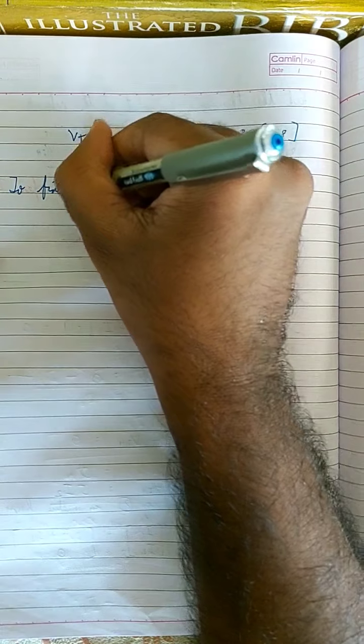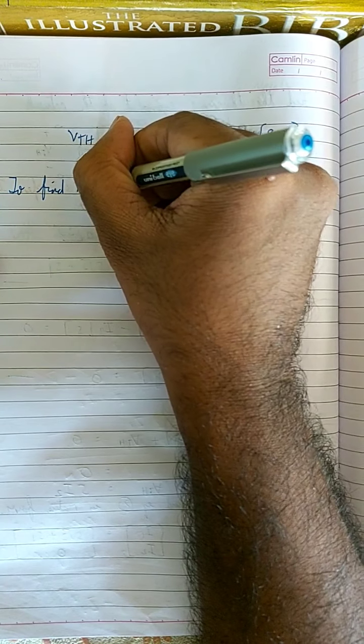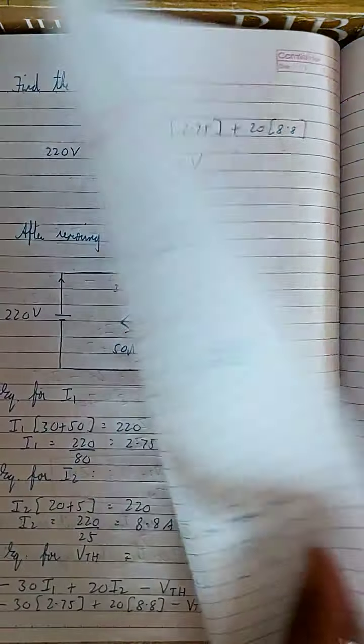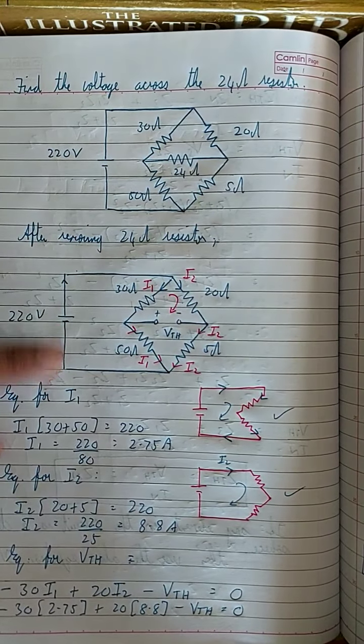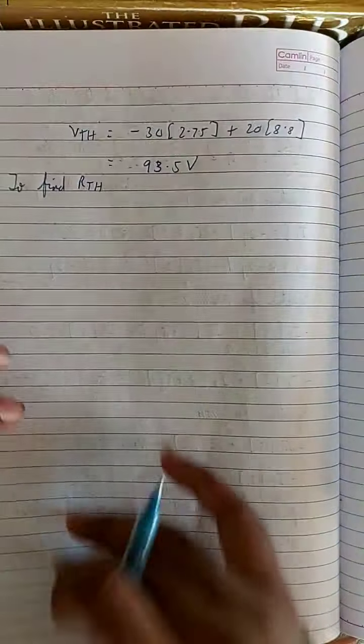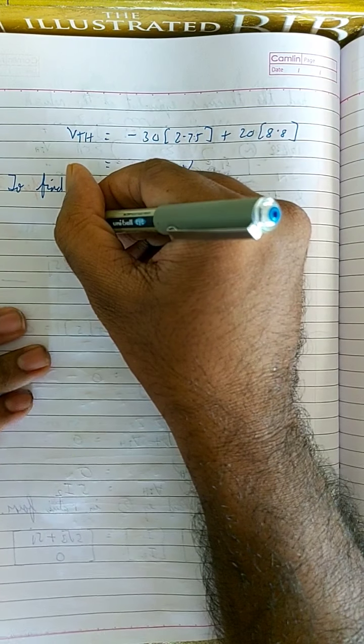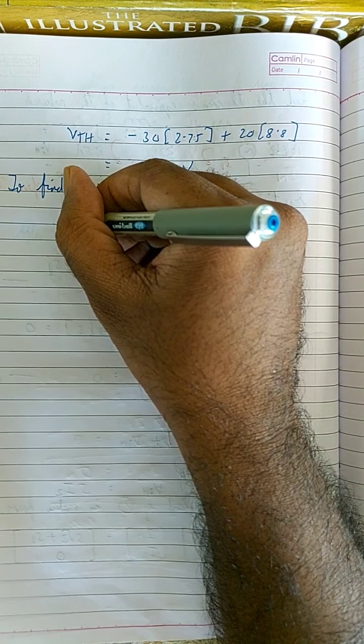Now I'm going to find the value of RTH, and finding the Thevenin's resistor also is very easy, right? Same. But here, if you see a voltage source, you have to short it. So which means your circuit will now become like this. That is, after shorting them,